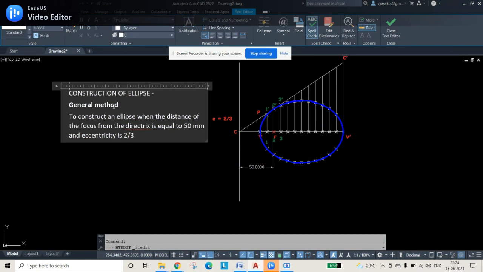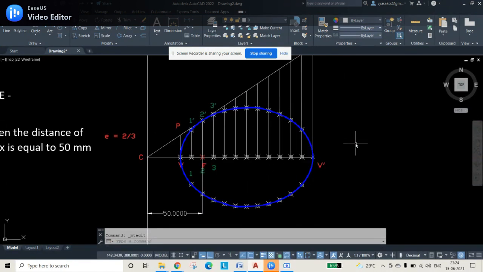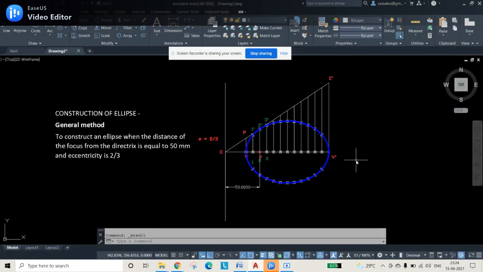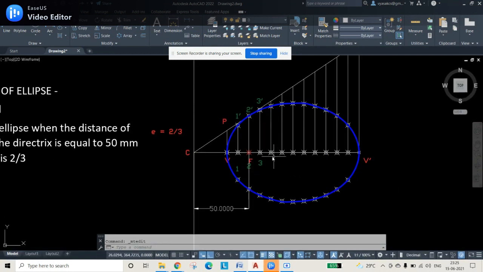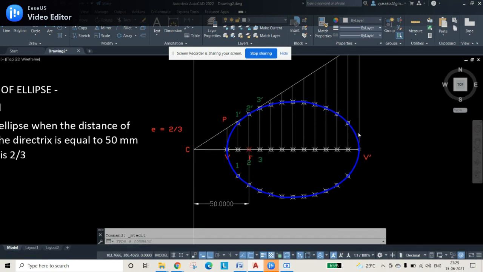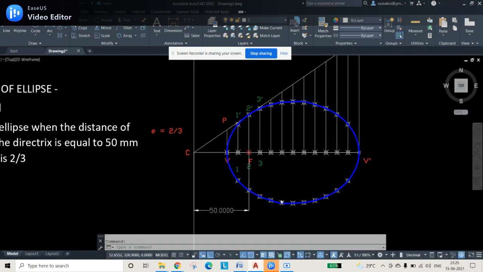So with this, the diagram is finished. But in some cases, they'll ask you to draw tangent and normal for these curves. They'll ask you to draw the tangent and normal at some point on the curve. Sometimes they'll specify the point where the point is. In some cases, they'll not specify the point. They'll directly say something like select some point on the curve and draw the tangent and normal.